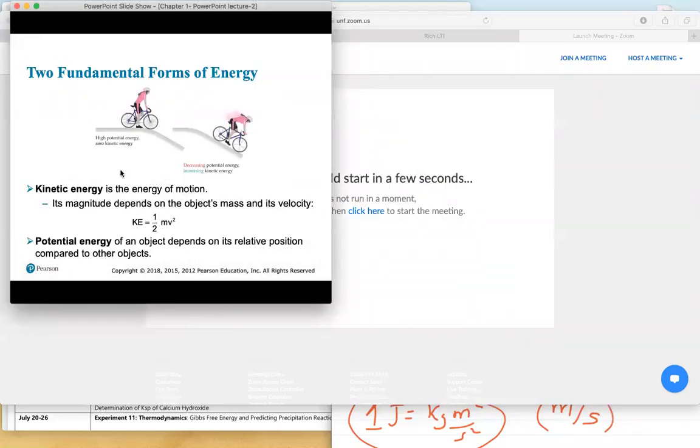Which is potential energy. Potential energy is simply the energy possessed by an object by virtue of position or chemical composition, all right? It is stored energy. Potential energy is stored energy. You can call this simply the stored energy. It is the energy stored